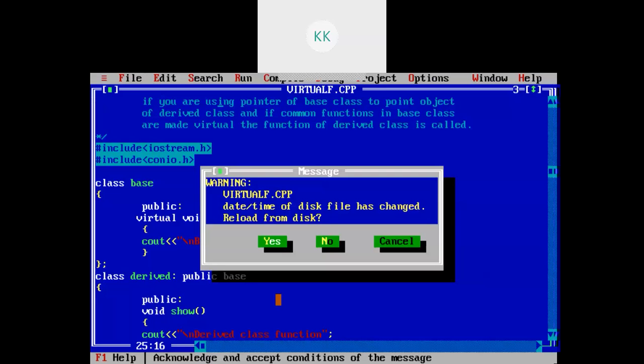So now you can see first time when the object of base class is assigned to the base class pointer, then the show function of the base class is called. In the second case, since we have made the base class function show virtual, when we assign the address of the derived class object to the base class pointer, it is calling the derived class function.